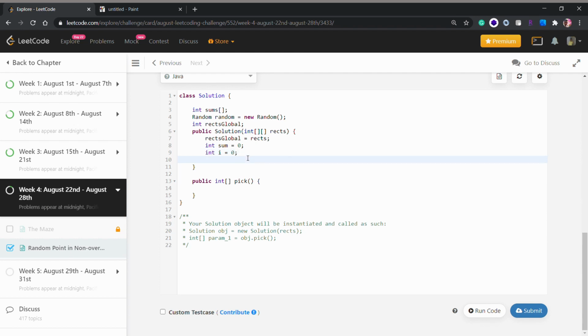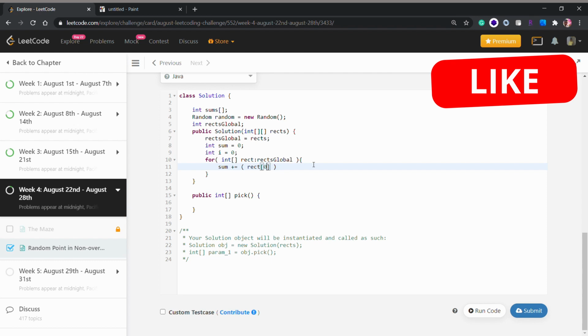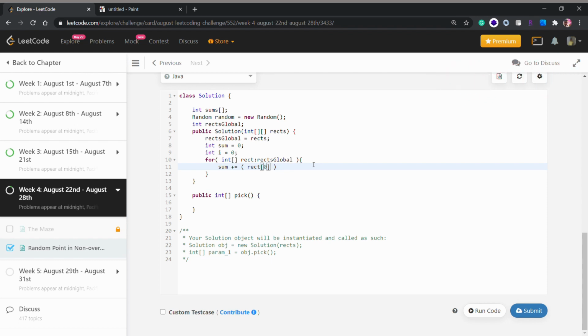And now we will loop through for each rectangle in the global rects, sum plus equals rectangle of 2 minus rectangle of 0 plus 1 into